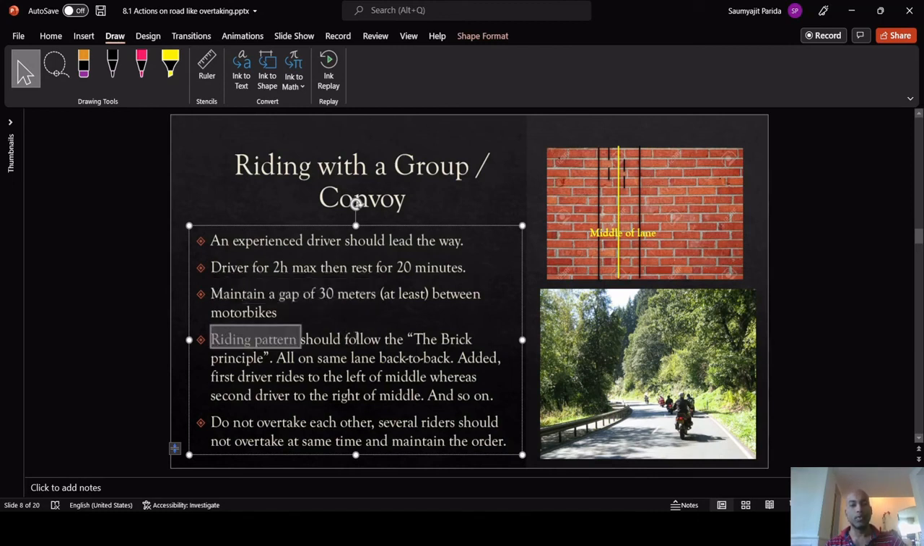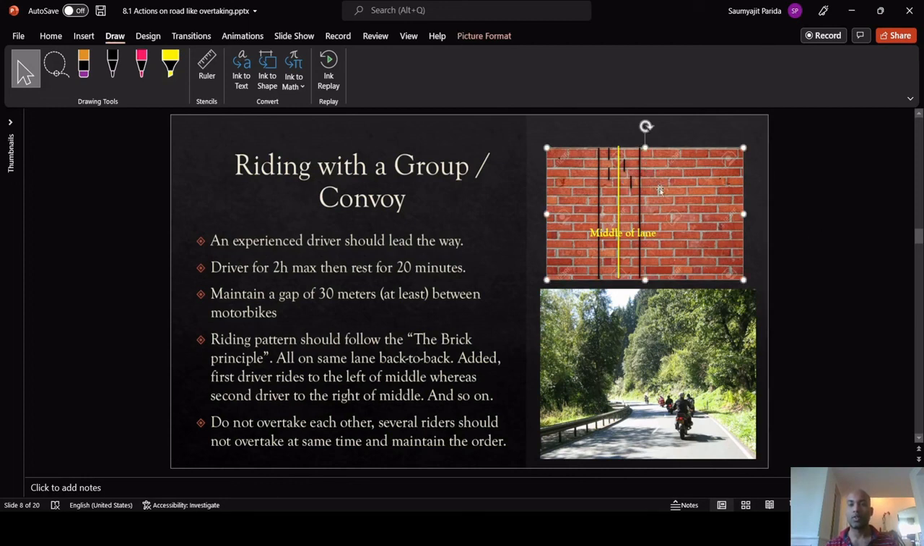Riding patterns should follow the brick principle. When you are riding in a group of 5 or 8 or 10, always remember that you have to ride in a brick principle. For example, what does the brick principle mean? If you see this, then as you can see here, one should be driving